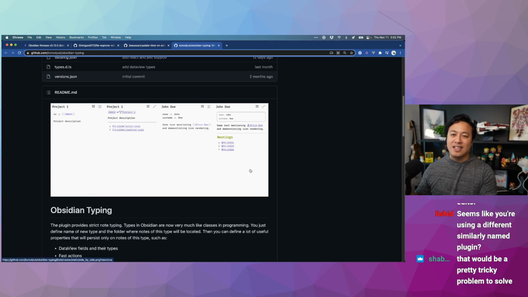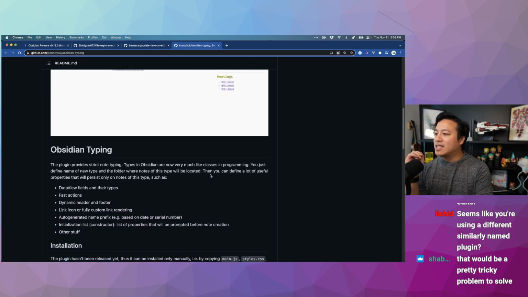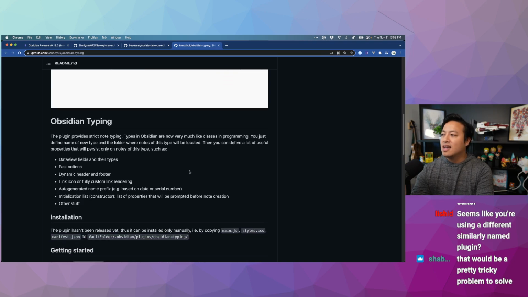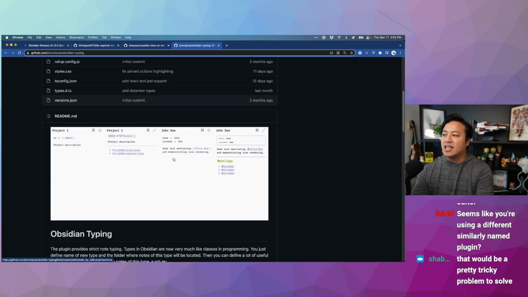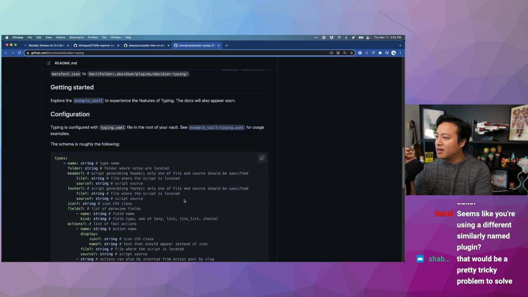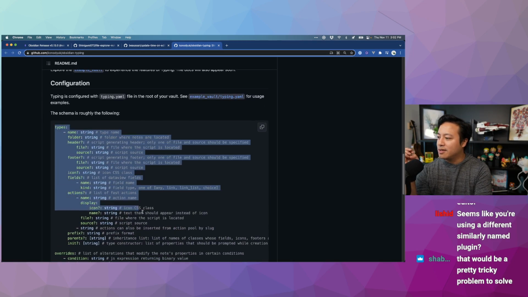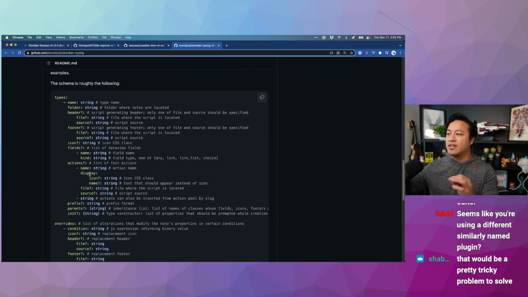Obsidian Typing seems to be the manifestation of the Obsidian schema plugin that I was saying I was really hoping someone would do. Basically you tell Obsidian that there are going to be specific types of notes, and then it gives you the ability to actually have a real structure to it. And here we can see that there will be types with the schema,